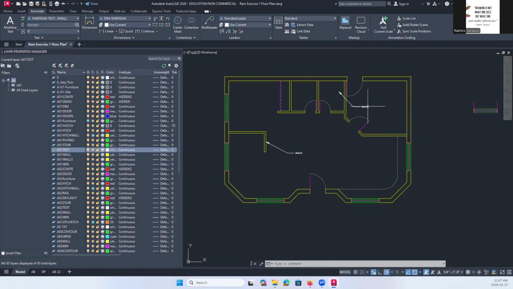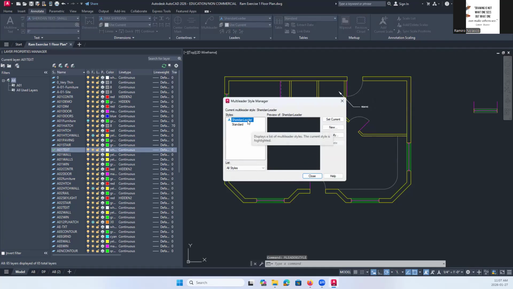Now, if the text has a different scale or size, then you should have a different leader style. So maybe I can modify, right click, rename this. This will be for the Sheridan, let's say, small, since this one uses a small text, okay, and you might have one new for the medium.